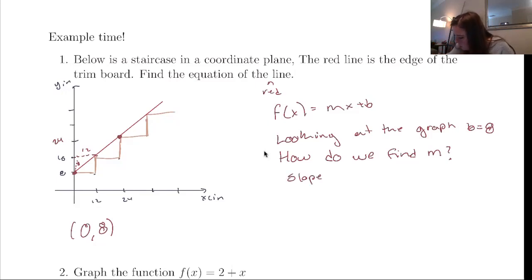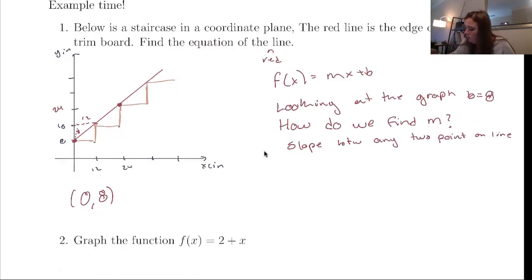But just the slope between any 2 points. Slope between 2 points on the line, I should specify. If you take the slope between any 2 random points, it's not going to mean anything. It has to be on the line. Right? So the second one that we're doing is